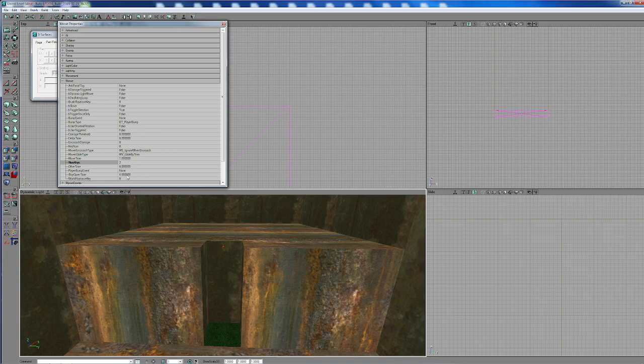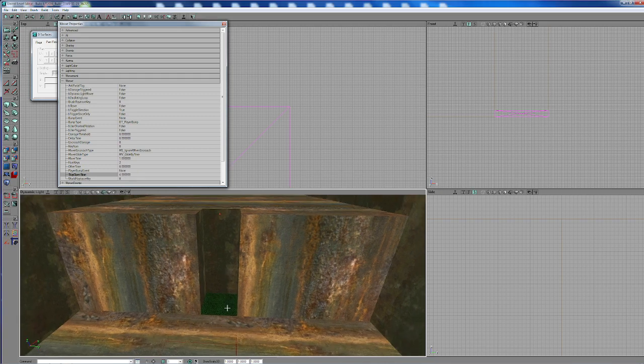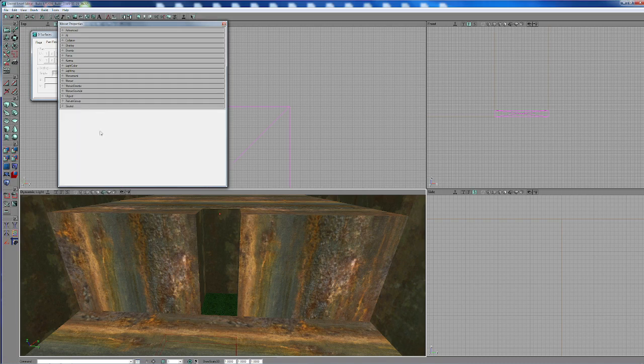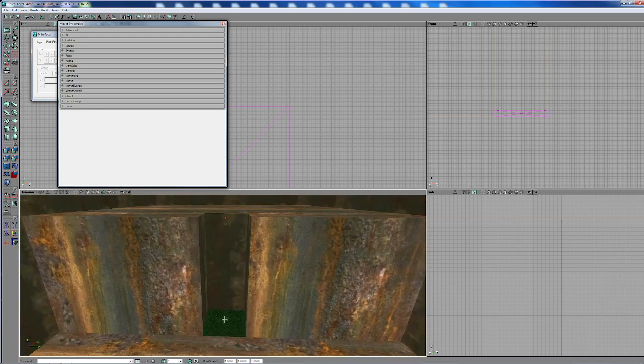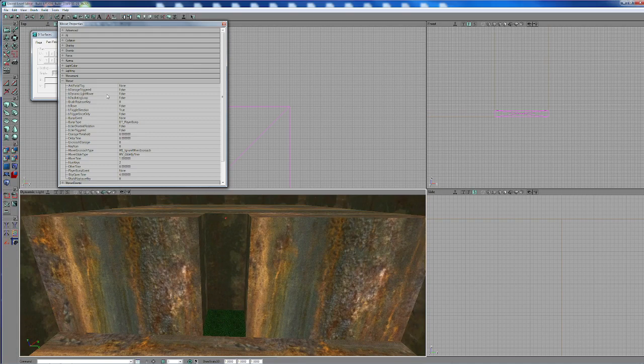And we have stay open time. That's the amount of time that it stays. Once it's moved to the top, it will stay there for 4 seconds before returning. So again, you can change that time. The other important thing is, how do we make it so that when a player goes onto it, that we actually move? Well, there's a couple of other things here,